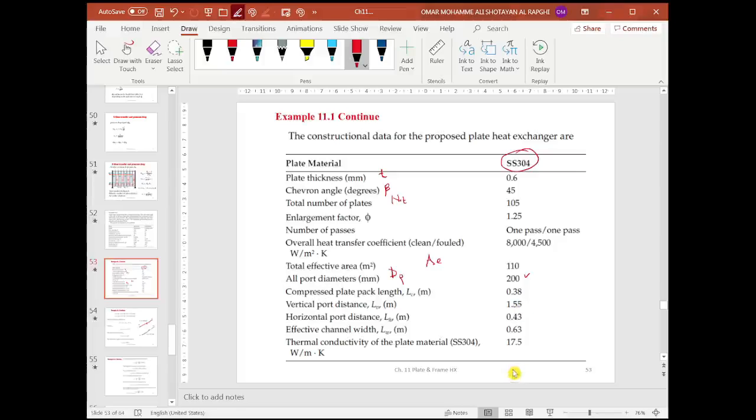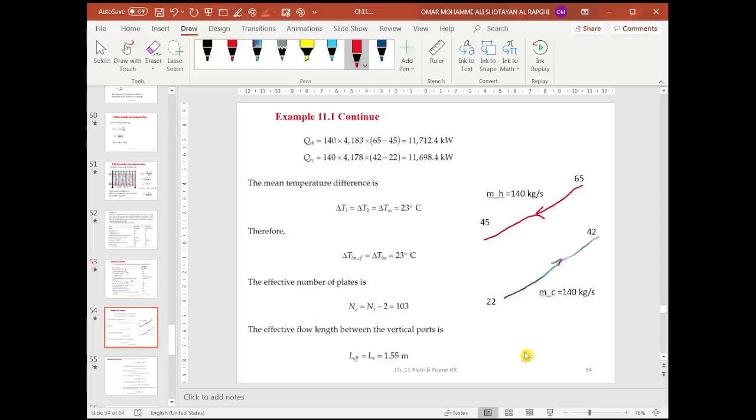It is required in this heat exchanger to do the calculations and find exactly how much the heat transfer coefficient and pressure drop are, just so that the user or the student can train himself for the calculation for the gasket plate heat exchanger. Again, the solution is available in the textbook, but we are going to go through it very quickly to understand